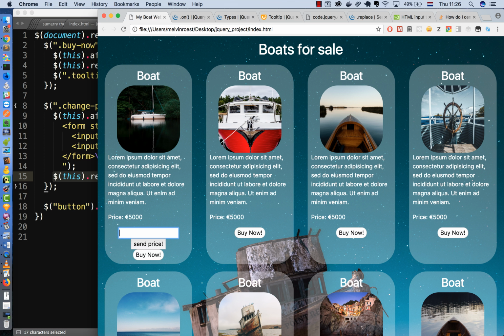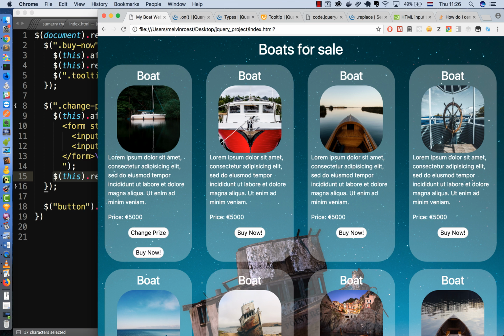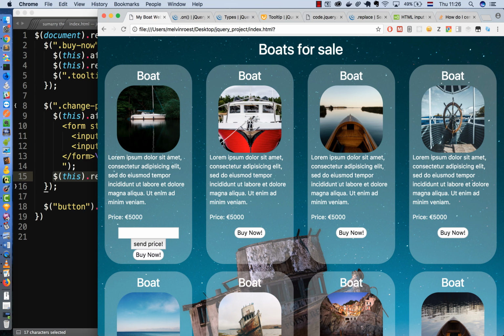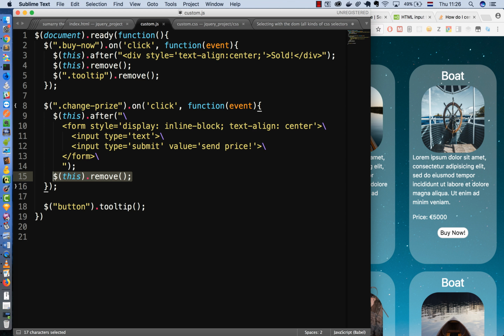So what I want to do is type in 45 or something like that, and then when I click on send price, this thing changes. Now that's actually more difficult. How do I do that? Especially because this HTML element doesn't exist yet. So